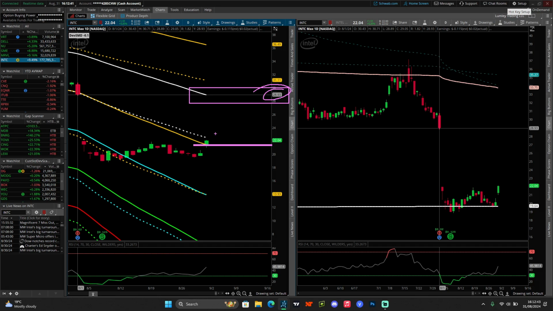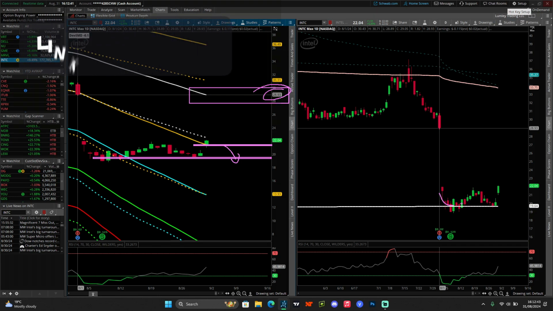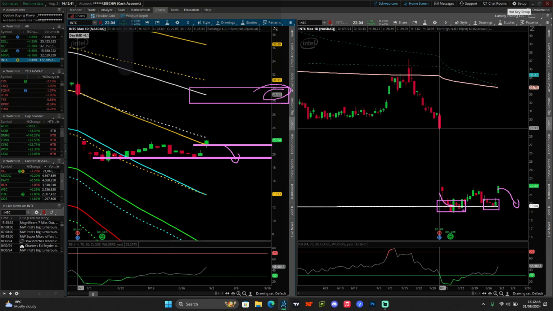If this level can't hold, expect a move back down to these lows, where we'll come and test that anchored VWAP again. Then we'll see if we can hold it for a third touch, because we have touched it here for the first touch, second touch. If we get a third, we would more likely be looking to break. But it's not a straight divergence because we haven't made lower lows. Definitely the momentum is not there to the downside anymore.